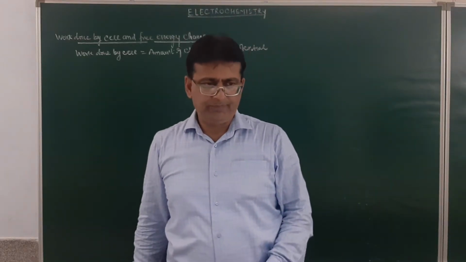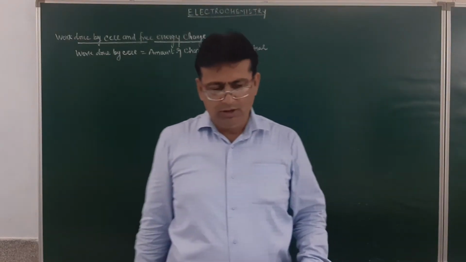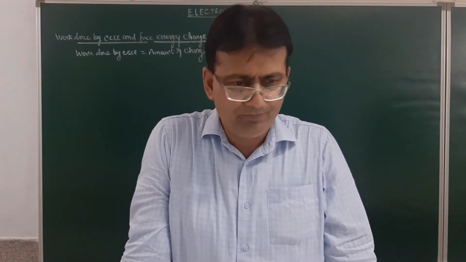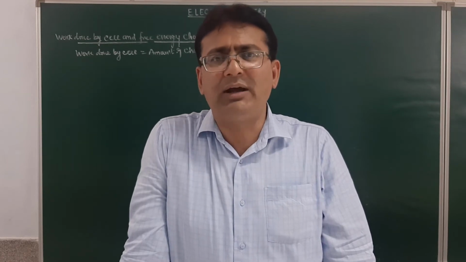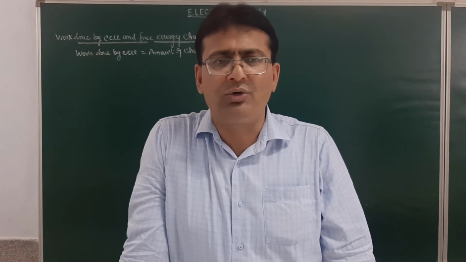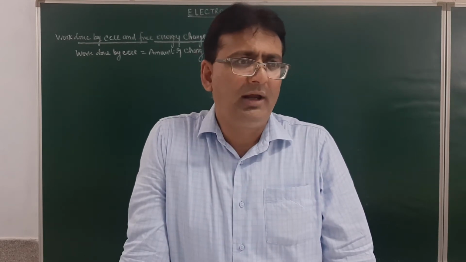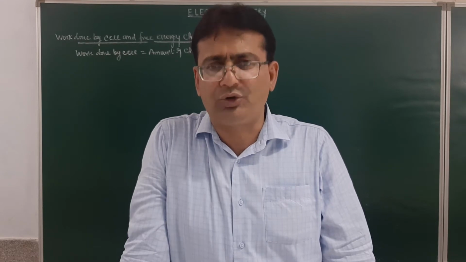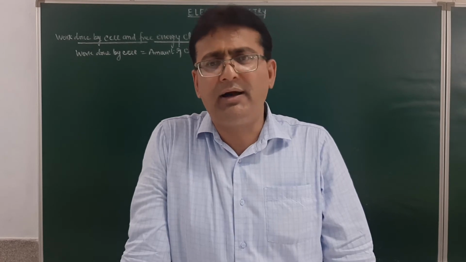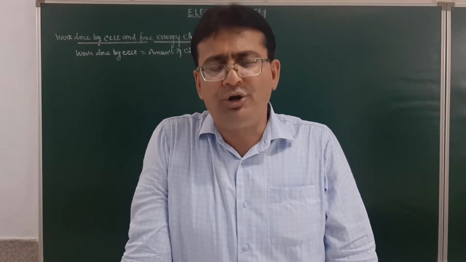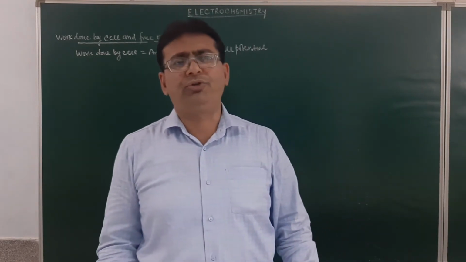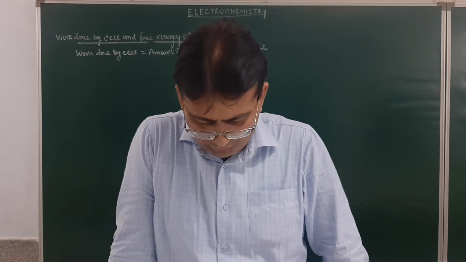Good morning, students. In our previous lecture, we discussed how to find out the electrode potential of a single electrode. I told you that to determine the electrode potential of a single electrode, it is to be connected with another electrode whose electrode potential is known to us. That was called a reference electrode. As per the syllabus, the reference electrode was considered to be the standard hydrogen electrode or normal hydrogen electrode, in which the oxidation potential or the reduction potential was considered to be 0.0 volt.